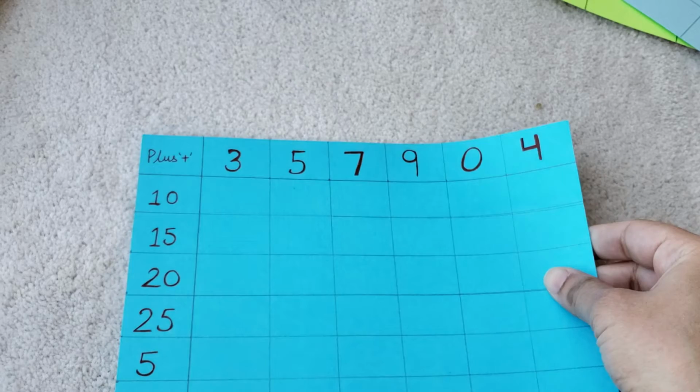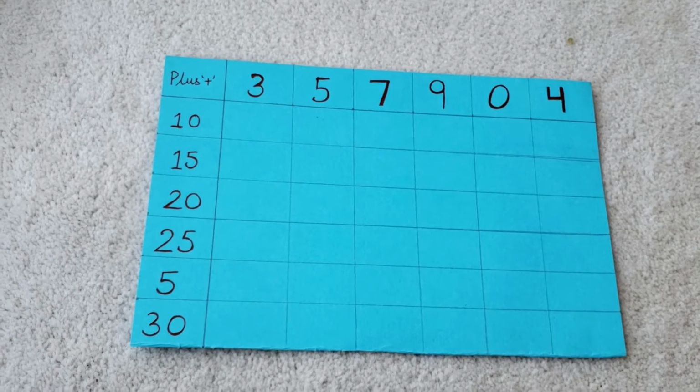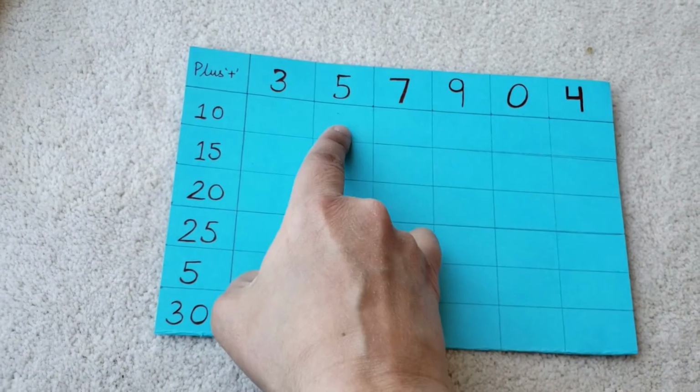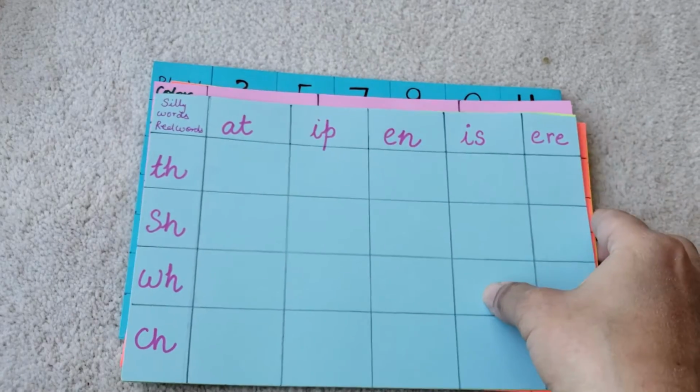Then I have addition, where again I have some numbers on the left and some numbers on the top there, and all they have to do is add like 10 plus 3, 13 is going to come here, 10 plus 5, 15 is going to come here, 10 plus 7, 17 is going to come here. So these were basically the major matrix activities that I'm going to do with Vivan, and that's why I made